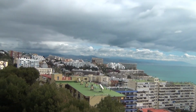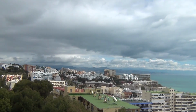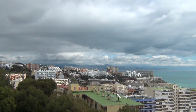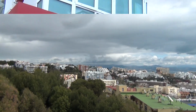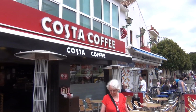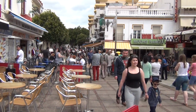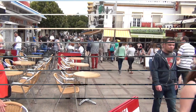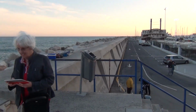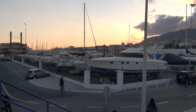Now we're looking in the direction of Malaga, and it looks a little cloudy and maybe raining up there. We're going to have lunch at our favourite coffee shop on San Miguel Street and hope we can get home before it starts raining. Sunday night, the first day after the clocks went forward an hour, so we've gone down